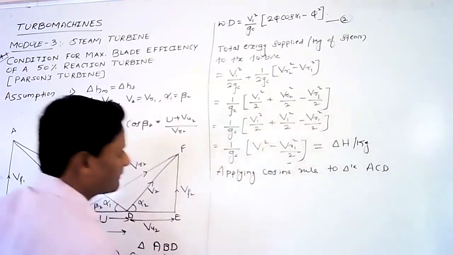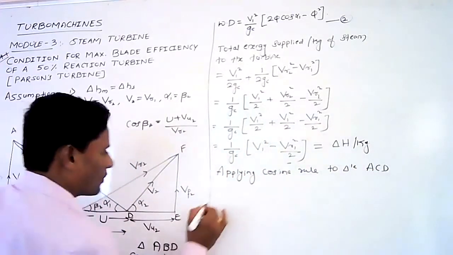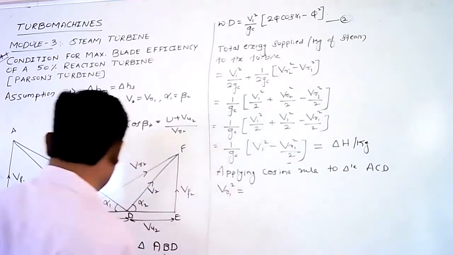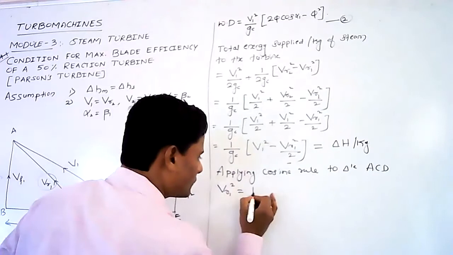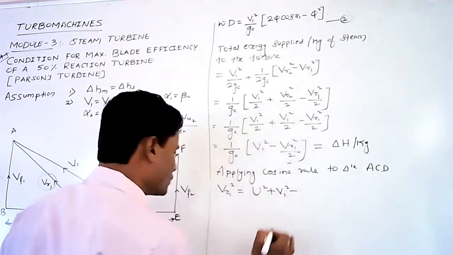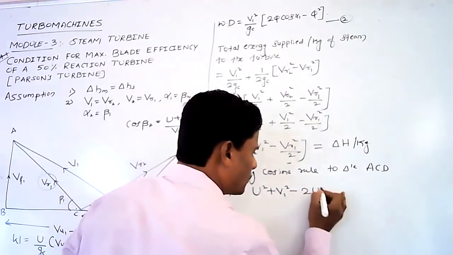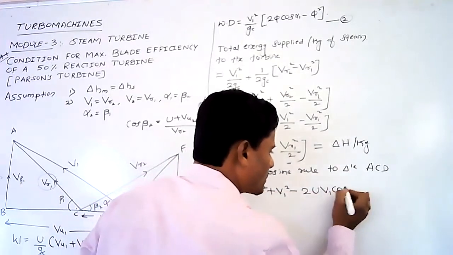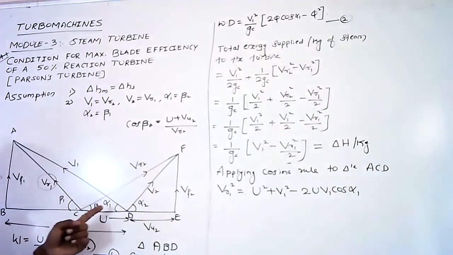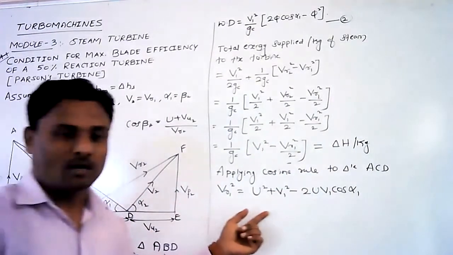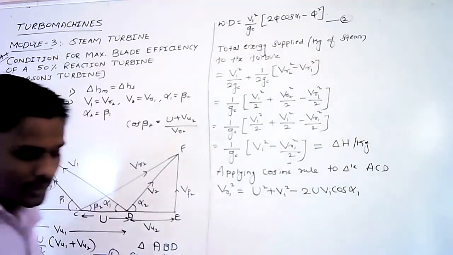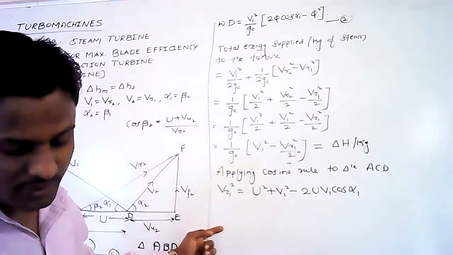So I can write VR1 square equals U square plus V1 square minus 2 times U V1 cos alpha 1. Okay, so this is the angle. This is the cosine rule for the triangle ACD. Okay, so let us substitute this complete term